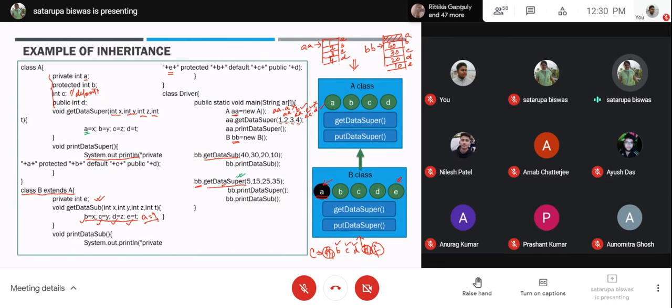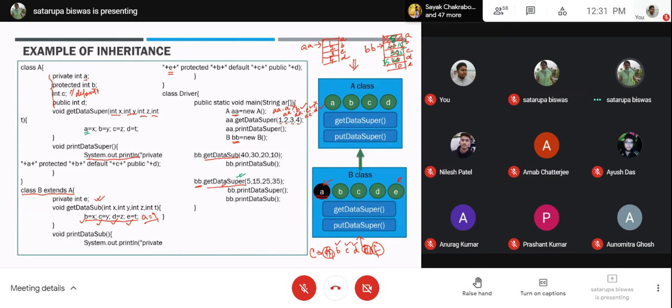So you are sending 5, 15, 25 and 35. Where will the 5 be going? The 5 will be written over here in the inaccessible region of the BB object. This will be overwritten with 15, this with 25, and this with 35.